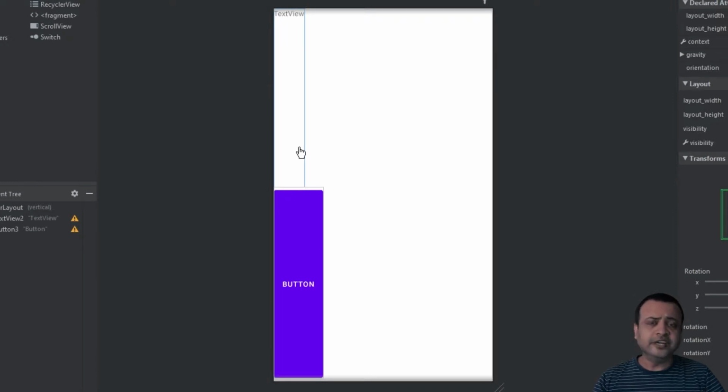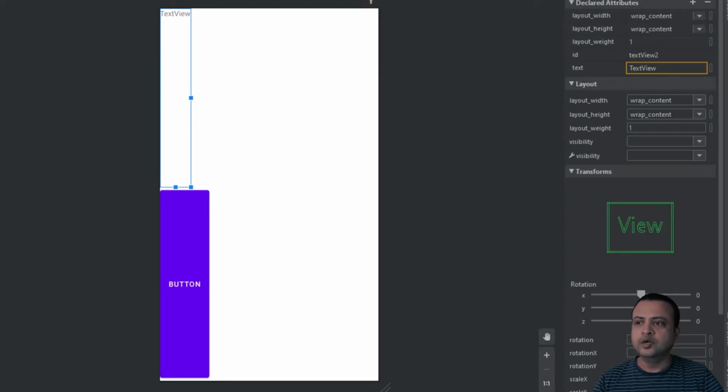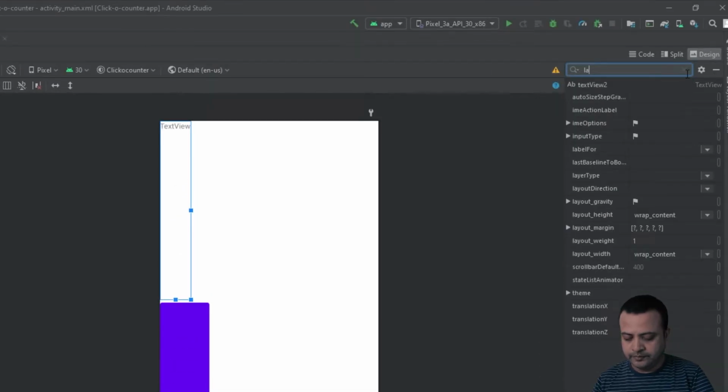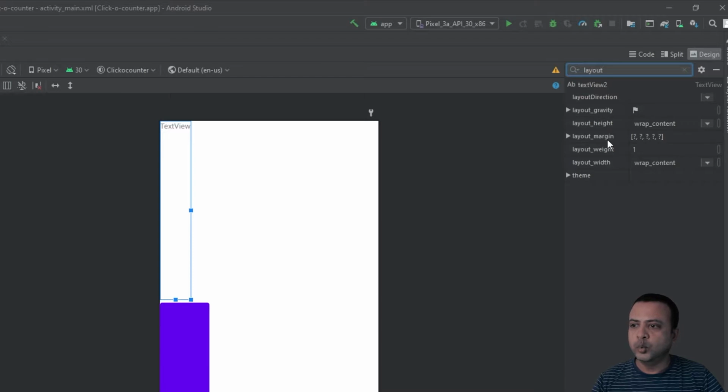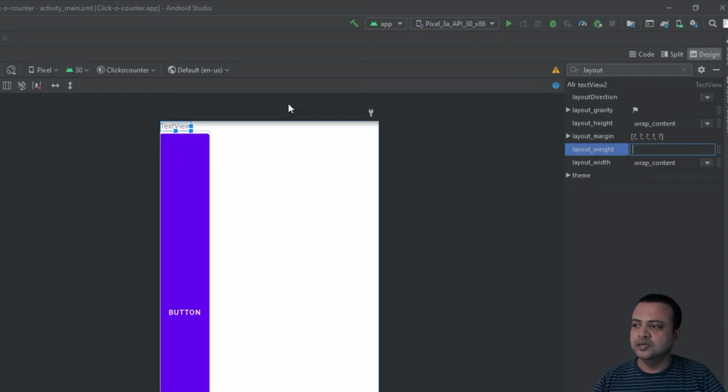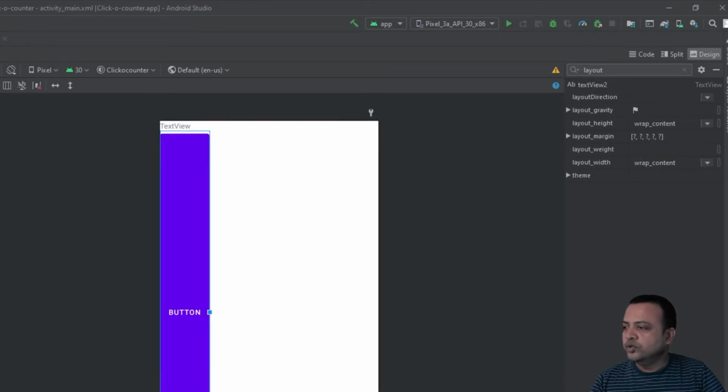But they are still looking very odd, and that is because they have layout weights assigned to them. So we will have to remove those layout weights. So I have to come to layout weight, or I can search from here and type layout_weight, which I can see right here, and remove it for text. And once I remove it, you can see that the text has become normal. It is wrapping the content which is inside it. For the button, we have to do the same. As you can see, we'll come to layout weight and remove it.